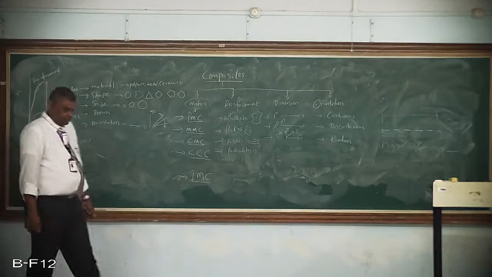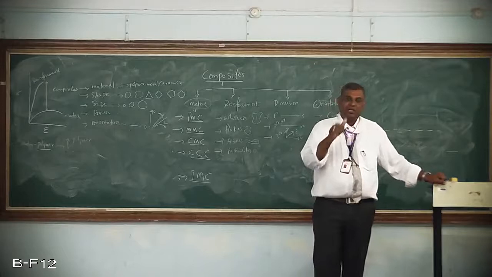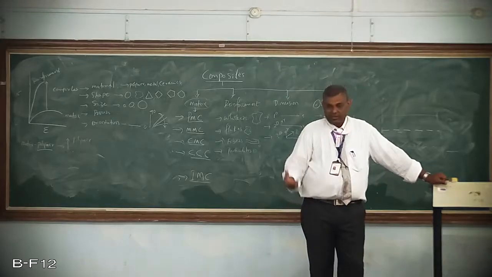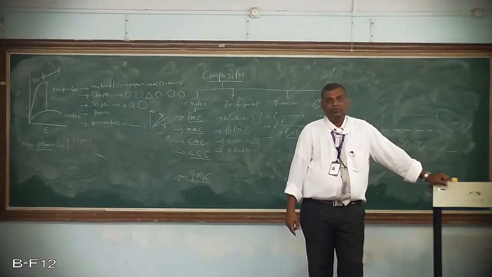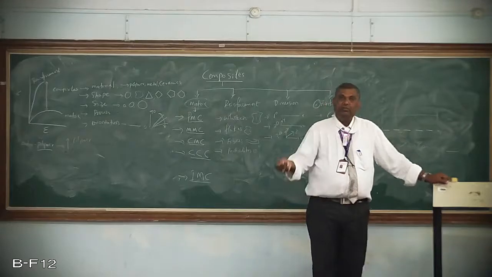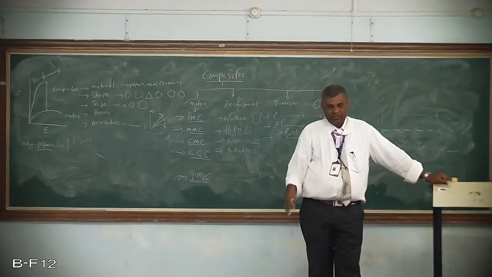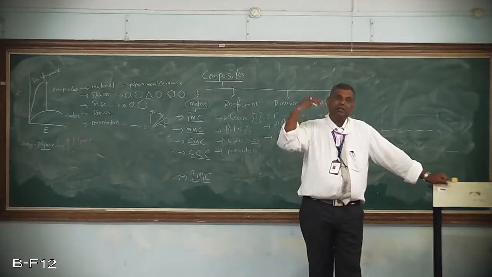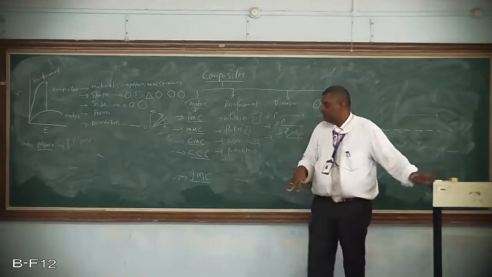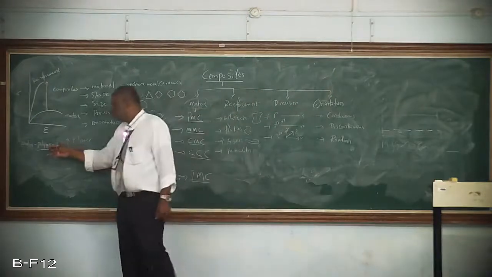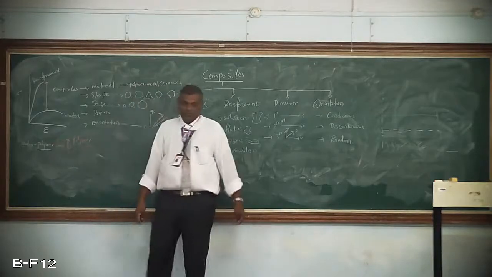For example, polyethylene is a type of polymer which is generally used for drinking water bottles and cold beverage water bottles. Now if I want to increase the strength of this polyethylene, then I should add one more polymer called ether ketone. So it becomes polyether ketone, that is PEEK. So adding another high value property polymer to the low value polymer, then both the matrix is a polymer and the reinforcement is also a polymer. Then these types of composites are called